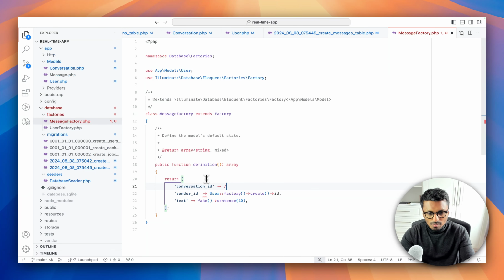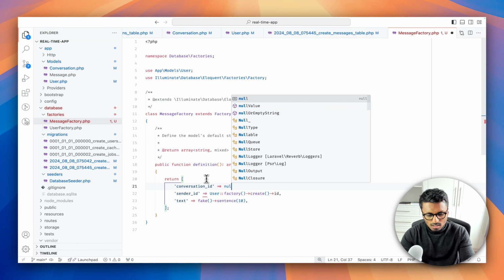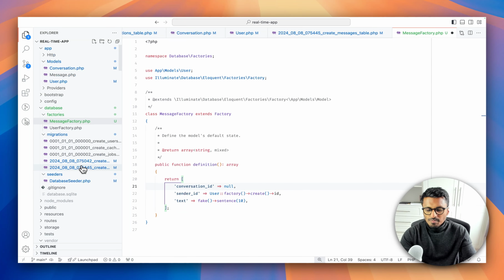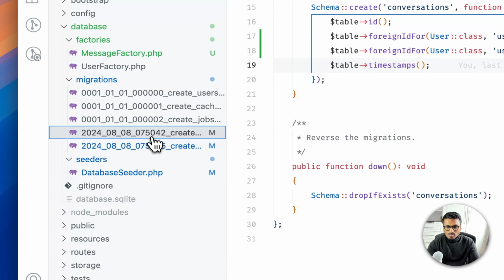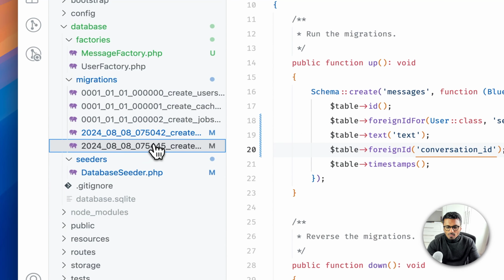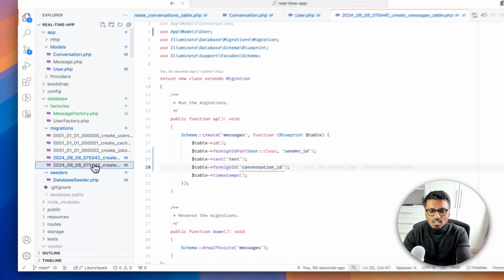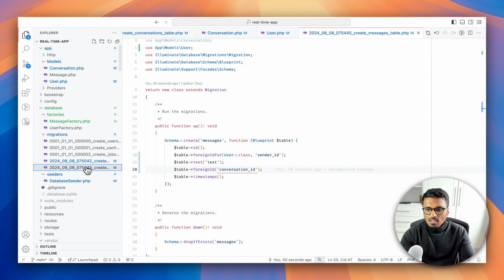So we need to add something here to get this working, and we need to figure out how we are going to do this. So we only get a conversation ID if